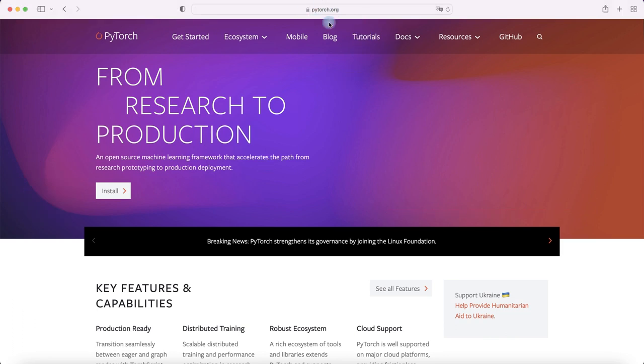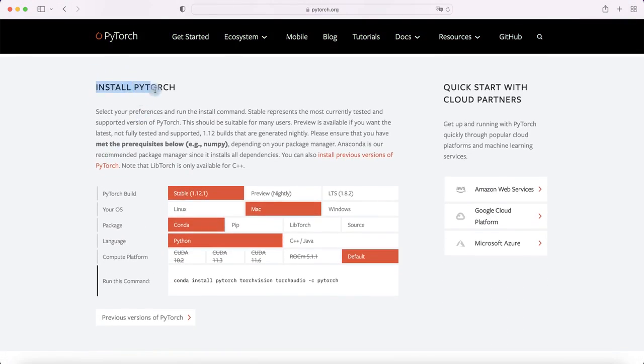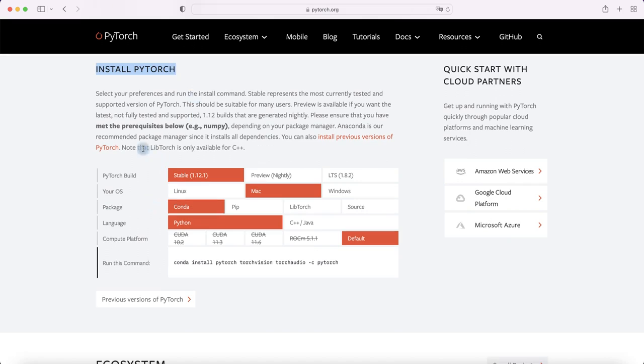First go to the pytorch.org site and find Get Started section or Install section, or swipe down and find section Install PyTorch. Here we specify the configuration option for our environment, for our computer. First choose PyTorch build, we select stable build, then choose your operation system, for example Windows,